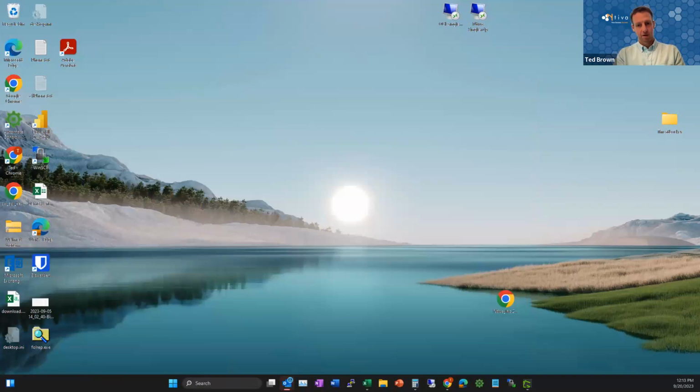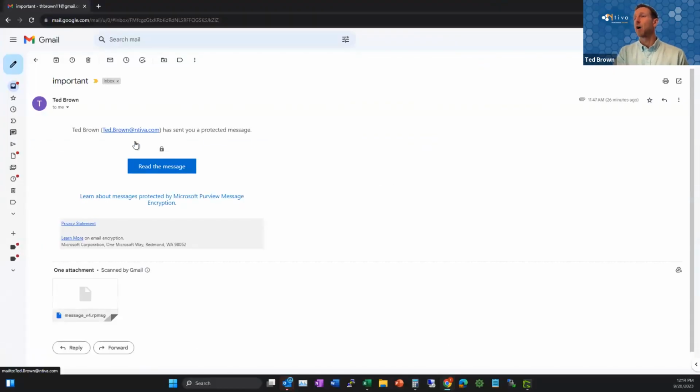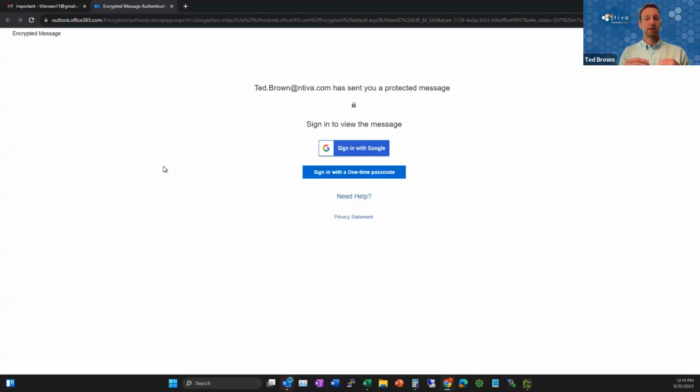Send this over, and it does take a second for the other person to open it. So I'm going to bring over my email here. So here's my email. I received the test message here, read message. And the great part about this is people ask about, hey, I want to make sure to set up encryption type emails. And this is all done with information protection here, where when sent to certain aspects or certain companies,